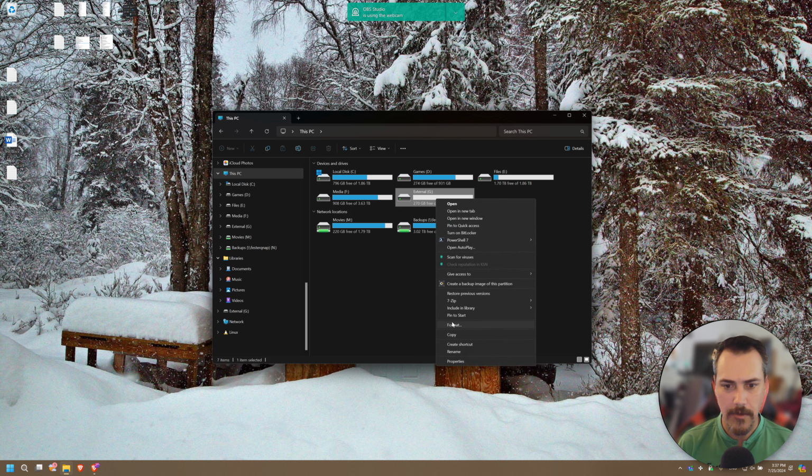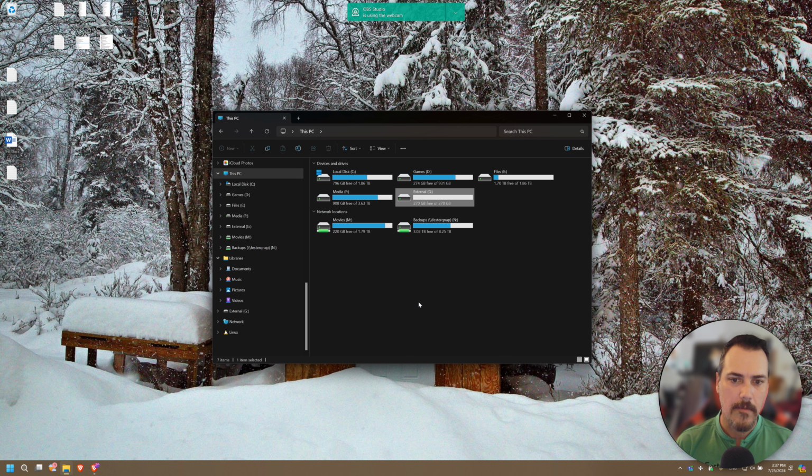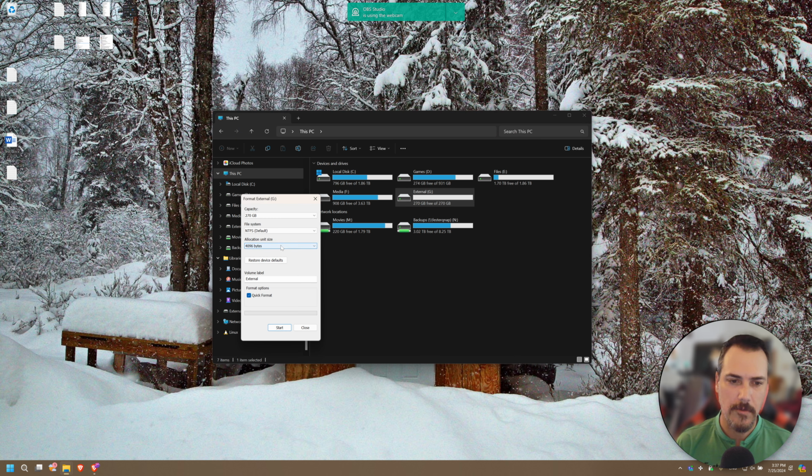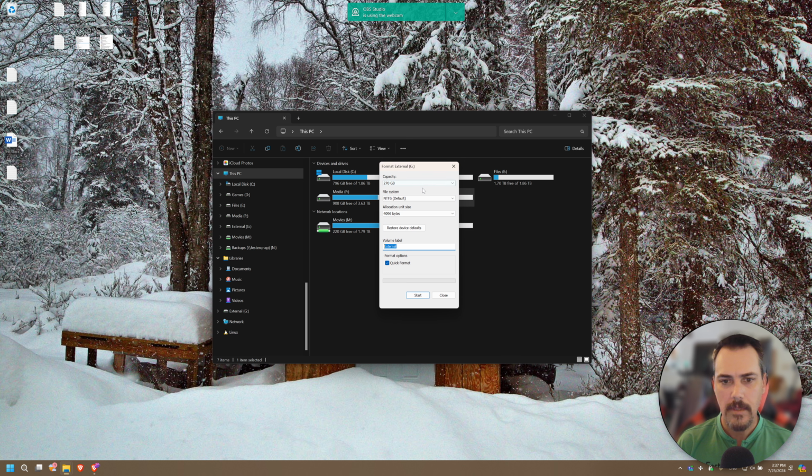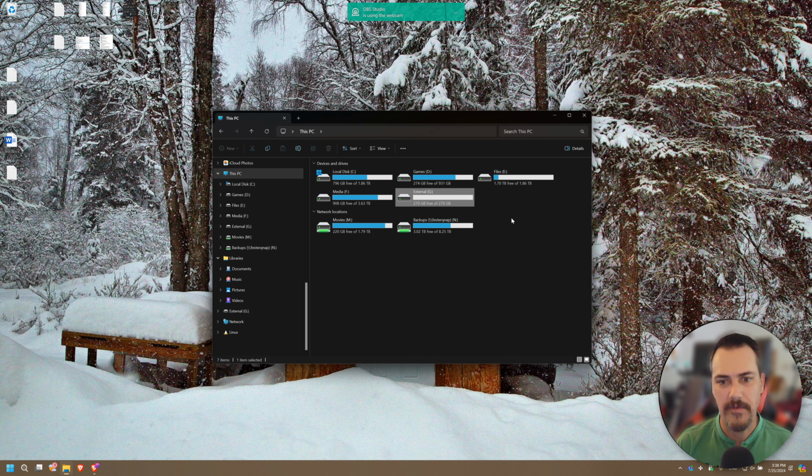You can right click and go to format. And when the little window pops up, you can give it a new name if you want right there in the volume label. And in the capacity, you see that it's just 270 gig. That's all it's ever seeing. You might have tried a different file system. It doesn't matter. No matter what you do, this thing continues to show that it's only 270 gig, or whatever